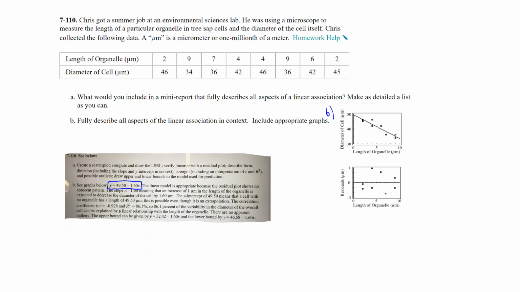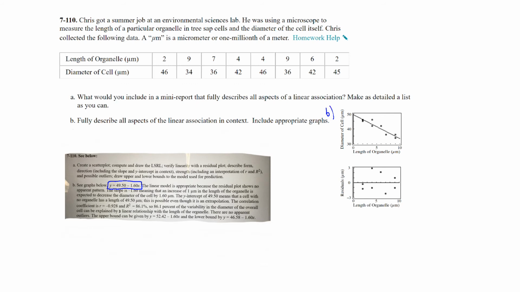So you can see in the residual plot here that the points are scattered. So linear is a good model. The slope is negative 1.60, meaning that an increase of 1, and that represents the micrometer or 1/1,000,000th of a meter, and the length of the organelle is expected to decrease the diameter of the cell by 1.6 micrometer. So you can read the rest of it and go through and explain everything, but that's what it's looking